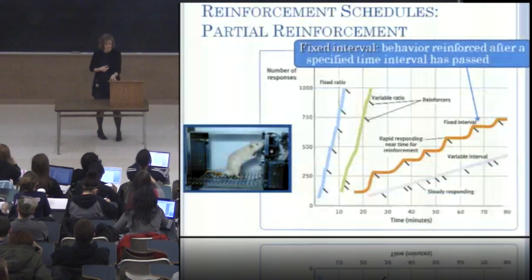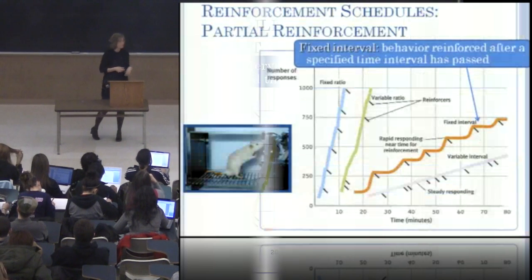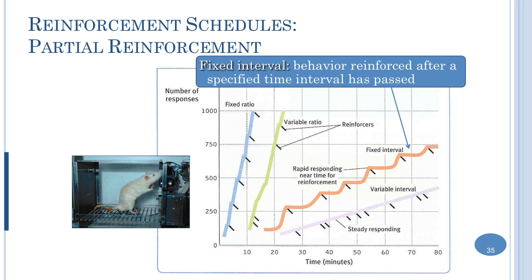All right, next, we have fixed interval responses. Fixed interval responses are responses that reinforce after a fixed time period. So again, if you look at this chart, you can see the x-axis is time. We're again looking at this sort of orange squiggly line. And those black bars are when the behavior is reinforced. So it's at a fixed amount of time that your behavior is going to be reinforced.